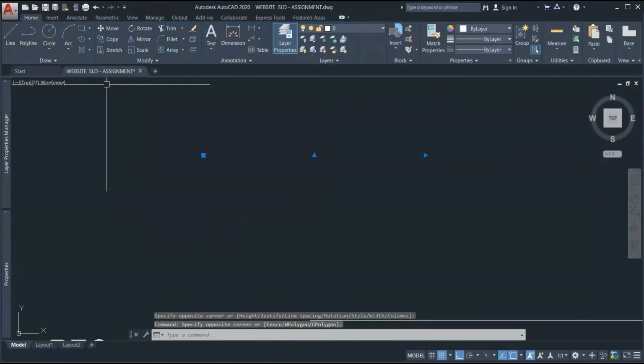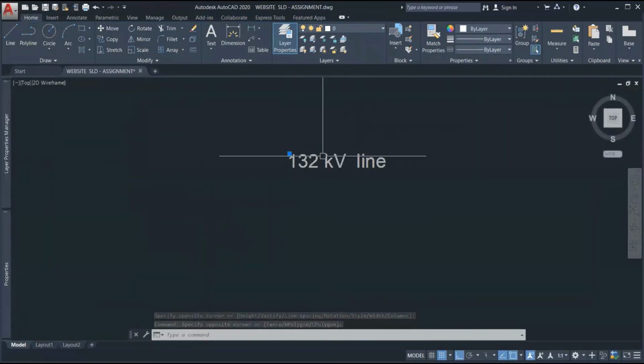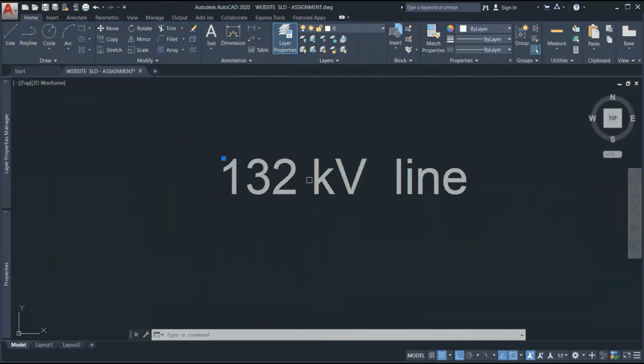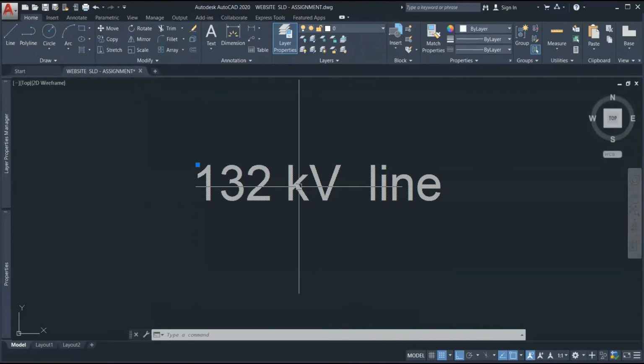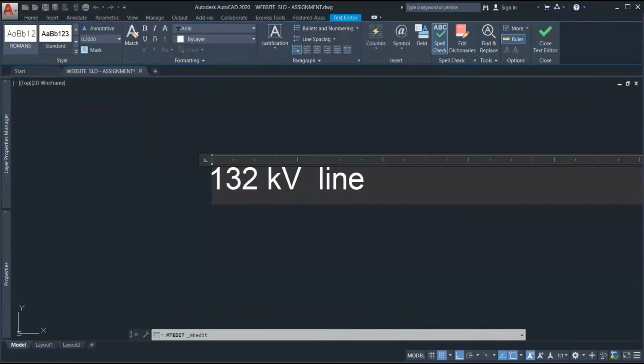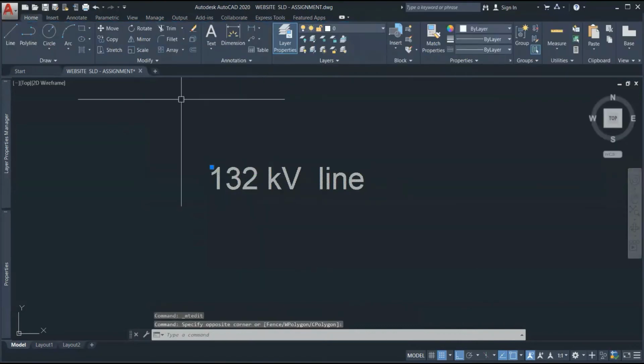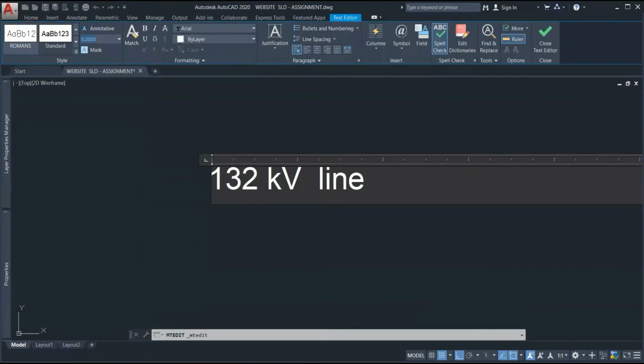The text height is very small, so it is not visible. I'm zooming in, and you can see 132 kV line. If you want to increase the height of the text, when you select the text, automatically the height of the text will come here, and here you can write like 1600.